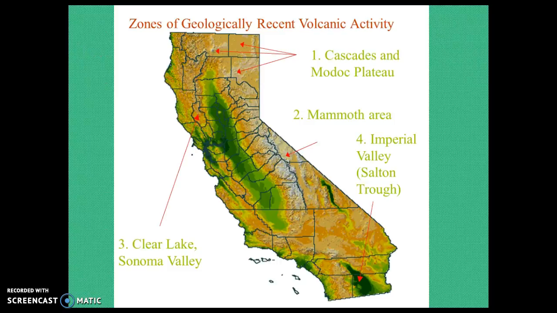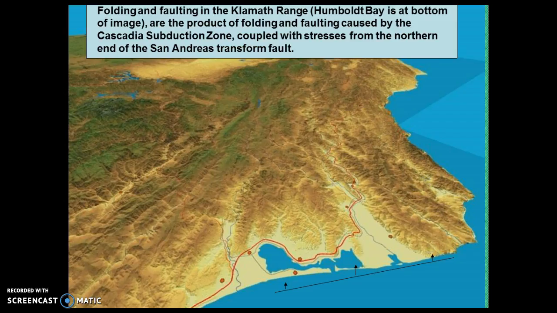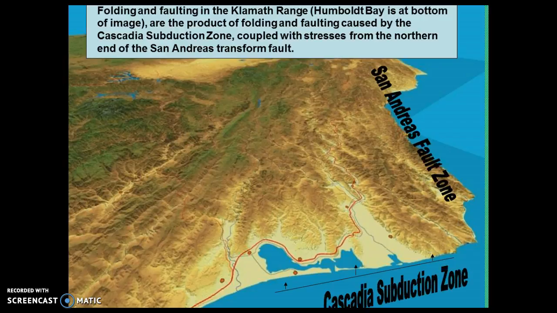Okay, we talked about volcanic activity, different zones of volcanic activity for the state of California. Of course, we're most familiar with the Cascades and the Modoc Plateau, but remember these other regions that are active as well. Again, we explored earthquakes, particularly the folding and faulting that occurs as a result of tectonic stress,